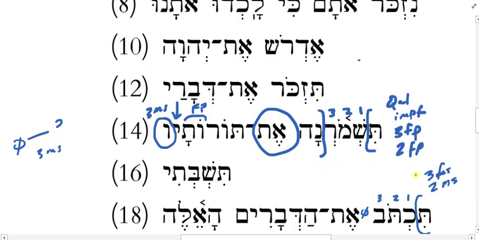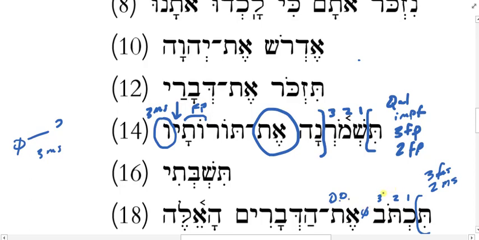This is a prefix tav. So you got to pay attention to that prefix, okay? So this is either she or you man. All right. And kathav means what? It's to do what? To write. Okay? So it's either she will write or, if it's 2ms, you will write. And then the et is marking the direct object. What is it that she or you will write?